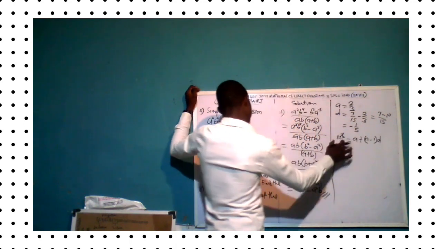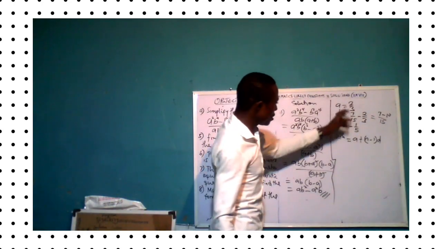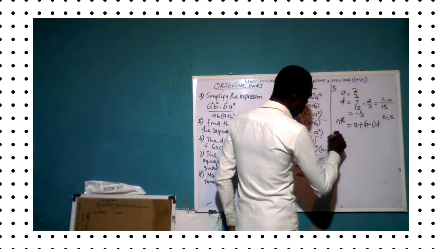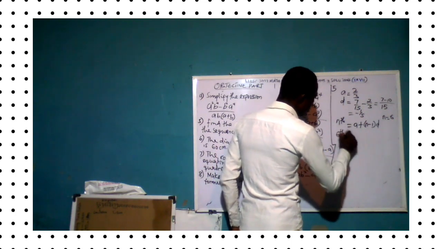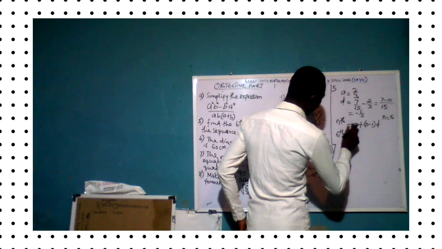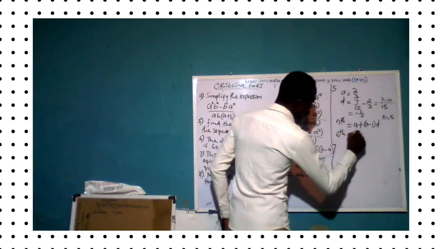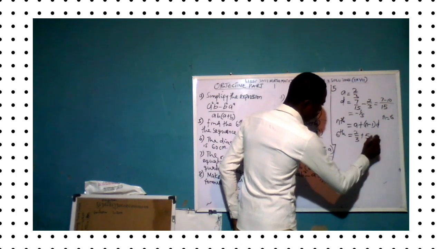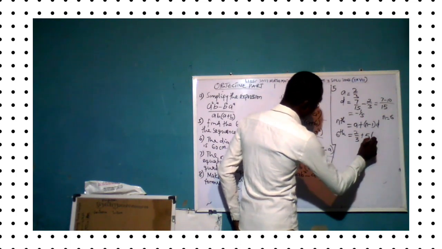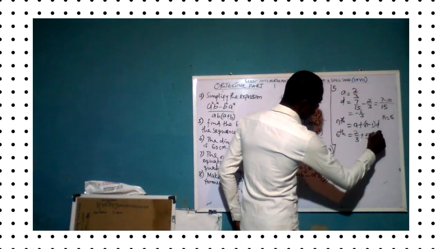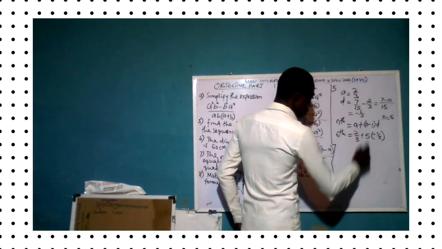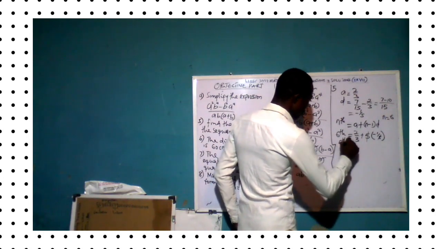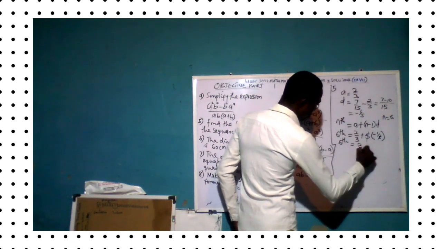And if you apply this, inserting all what we have into this, the sixth term of this sequence is equal to the first term, 2 over 3, right, plus n minus 1, that's 5, multiplied by, combining into the open bracket, the common difference, which is minus 1 over 5. Okay, straight away 5 cancels 5, so we are left with the sixth term equals 2 over 3